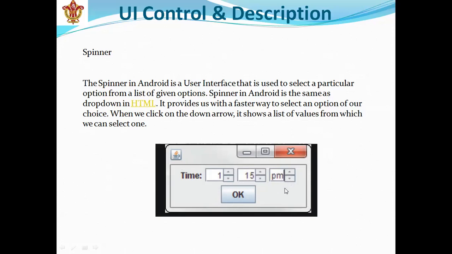And if I want to change PM to AM, I will go to the arrow and select AM in place of PM, and then I will put my cursor on the OK button. So here is basically a simple example of a spinner. So these are all the UI controls and their descriptions in Android.